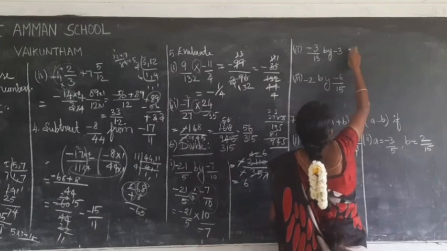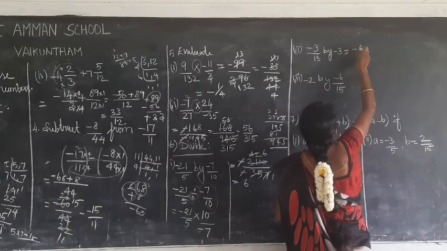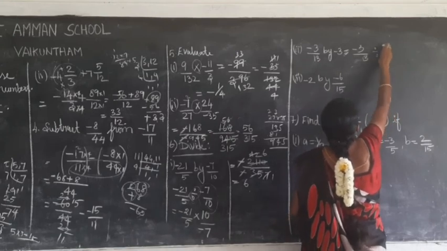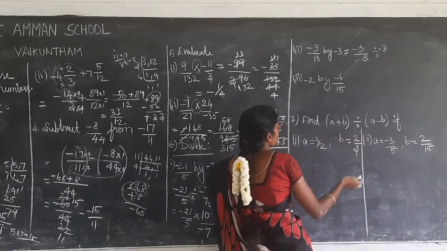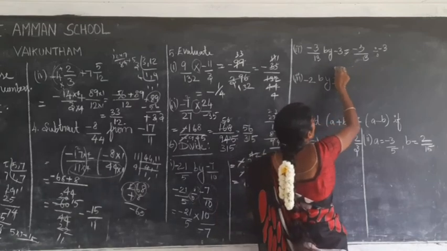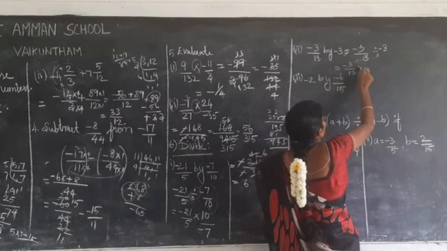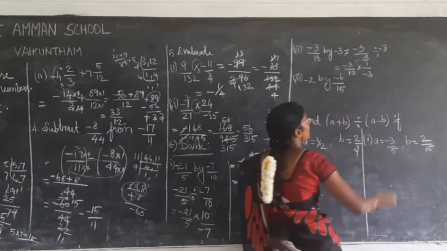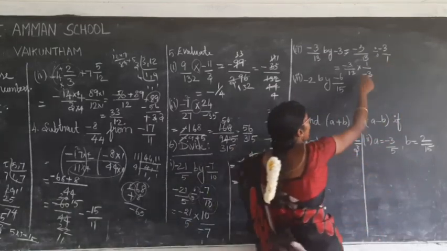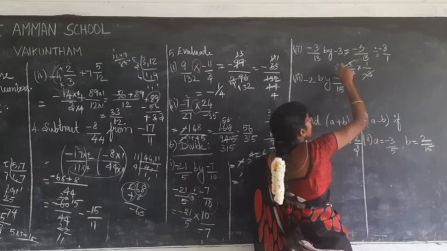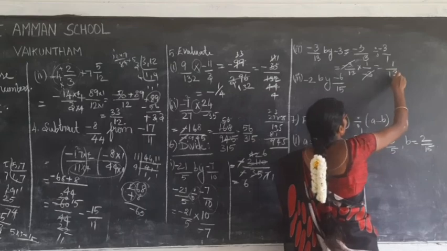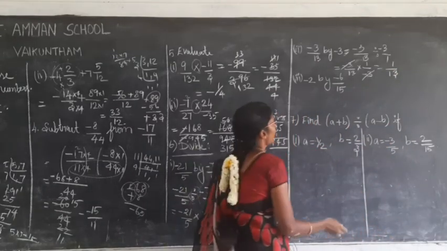Divide minus 3 by 13 divided by minus 3. So how will you write this? Which is equal to minus 3 by 13 into 1 by minus 3. Since minus 3 by 1 is here, I have to take the reciprocal. So 1 by minus 3. So this minus 3 gets cancelled. Okay. So what is the answer? 1 by 13. That's all. Okay. So the next question.